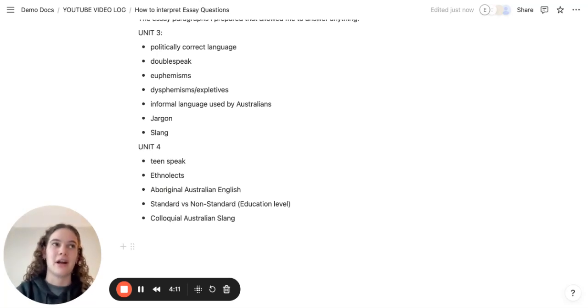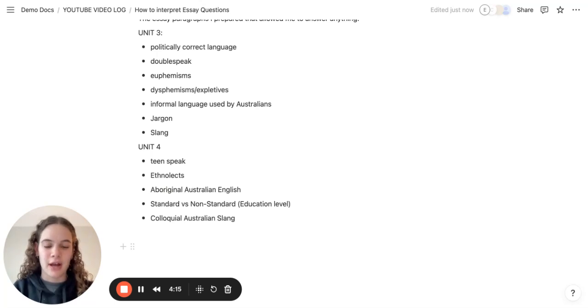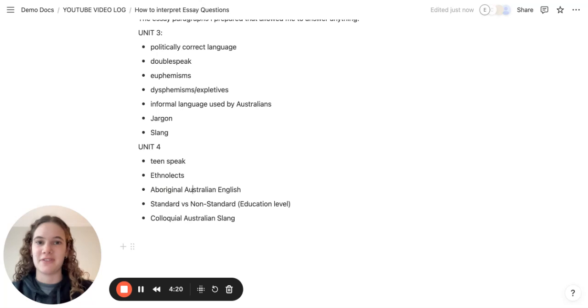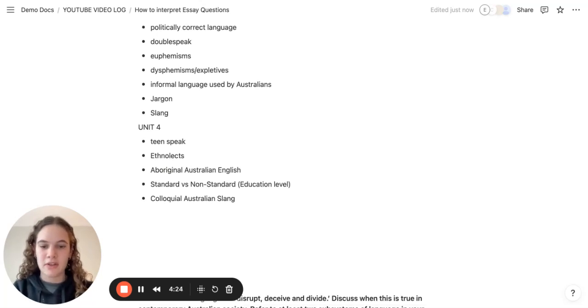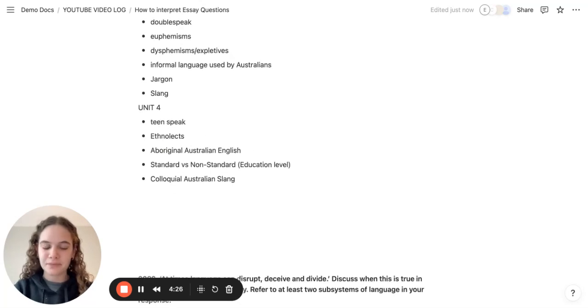So you'll notice that all of those paragraphs are about identity, right? They go through an aspect of a person's identity that's presented through their language. So whether you're a teenager, whether you have a different background, your education level, etc. So then what I did, and this was probably in the final month before my exam, I thought, okay, I